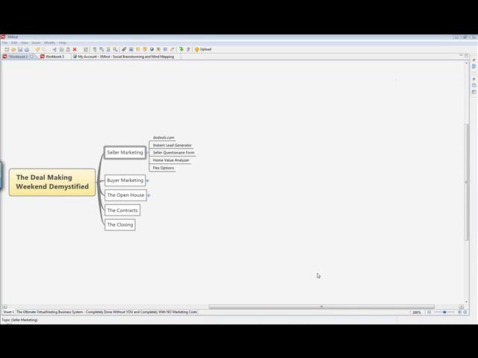But if the seller wants some down payment, then you're going to put the closing costs on the seller side. So it's all negotiable. You can move these things around, and it all depends on how much the buyer is going to put as a down payment, and how much the seller wants as a down payment.